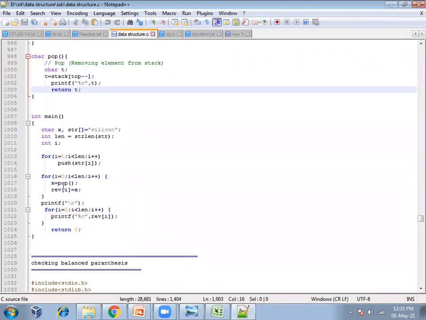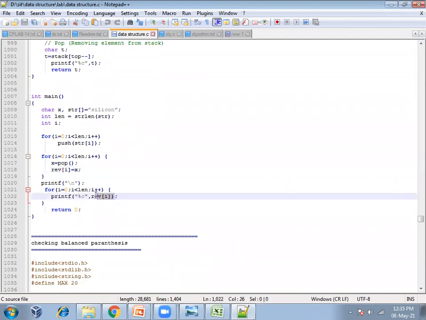See, x equals pop: for i equals 0, i less than the length, i plus plus, x equals pop. You're calling the function pop, and it returns the popped item, which I store in x, and then I assign that character x to this rev string. Reverse is the string that contains the reversed string, and then I'm printing that.